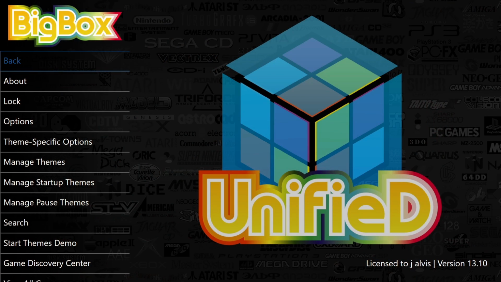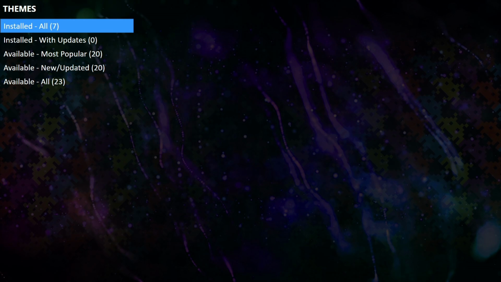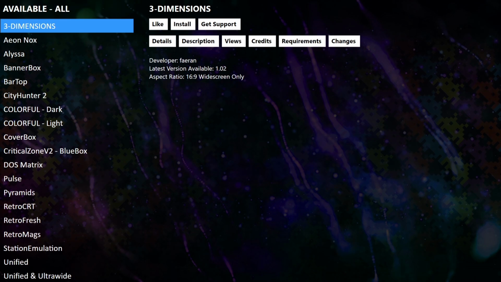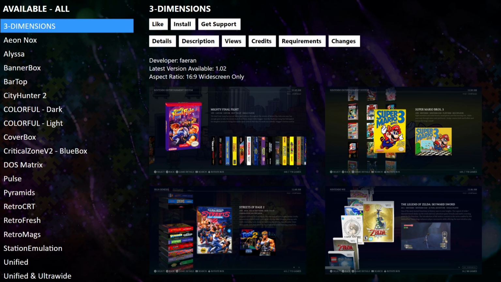So this is Big Box, and in Big Box we got lots of different themes to use. If I just go to this menu just here, manage themes, and here we can download a host of themes. Now if I go down to all, we've got a lot of themes here, and some of these are really comparable with something like Hyperspin. So there's some really impressive themes here, and on top of actually installing the theme and applying it, we can